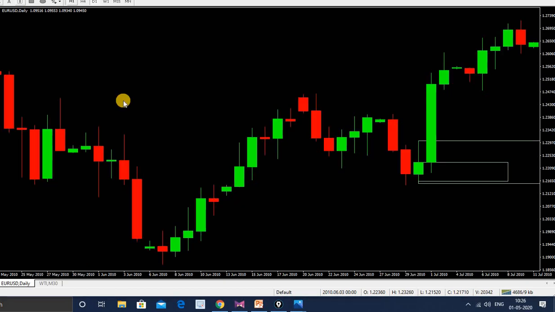So I think I've shown you enough drawing of zones, both supply and demand. Through valleys I have shown you how to draw demand, through peaks how to draw supply zones, and then how to use continuation patterns to draw demand and supply zones. The key to all this is that everything will get better with lots and lots of screen time.